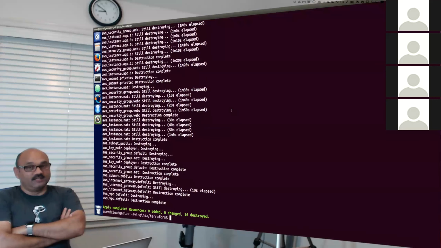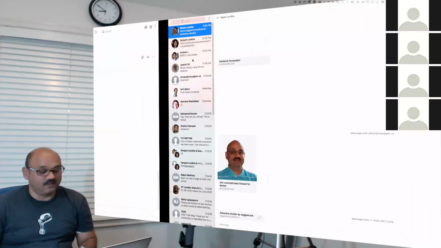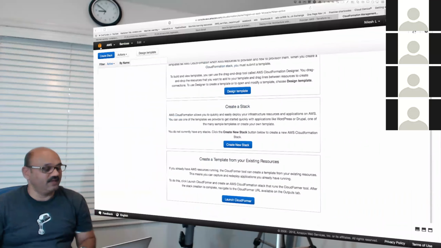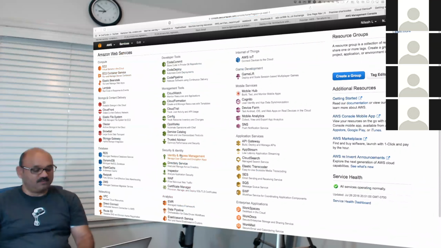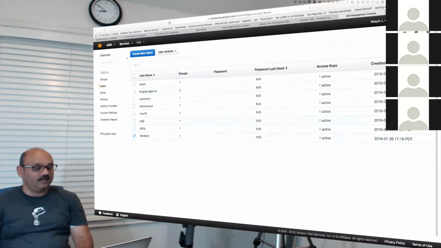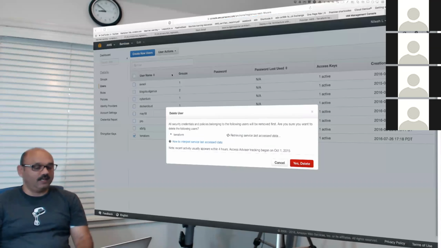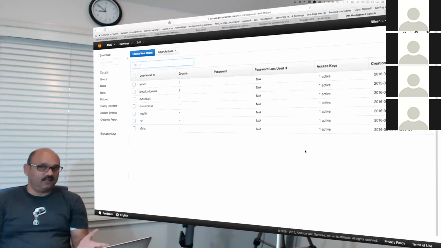But we successfully killed everything. And before I forget, I should kill one more thing, which I always forget all the time, and I need to remember, is to go to the Identity and Access Management toolkit, identify that user called Terraform, and kill it. So go user, bye-bye. I don't want your key alive. So the key is dead. Nice. So this video will go on YouTube, by the way, this video for today. And nobody can actually make use of that key because the key itself is dead.